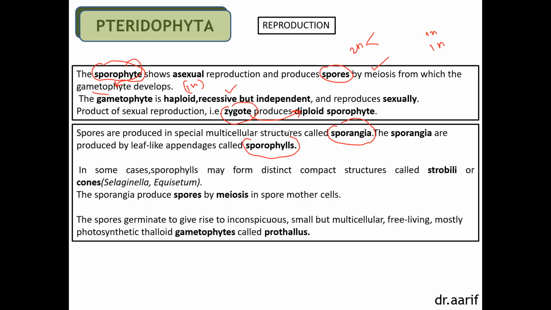So spore germinates to give rise to the inconspicuous, small but multicellular, free living, mostly photosynthetic thalloid. गॅमेटोफाइट जो आहे तो फोटोसिंथेटिक आहे, लक्षात घ्या, इंडिपेंडेंट आहे, मल्टीसेल्युलर आहे आणि इनकॉन्स्पिक्युअस आहे. पुढे जाऊन आपल्याला कळेल की इनकॉन्स्पिक्युअस म्हणजे काय. आणि ते जे गॅमेटोफाइटिक स्ट्रक्चर आहे, which is produced by germination of the spore, inconspicuous, small but multicellular, free living आणि मोस्टली फोटोसिंथेटिक आहे, त्याला आपण म्हणतो गॅमेटोफाइट किंवा प्रोथॅलाइट. त्यानंतर काय होते बघा,